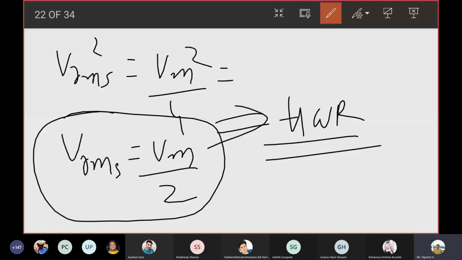So if someone asks you what is the RMS value of a half wave rectifier, you should, without blinking your eyes, tell it is Vm by 2. If they ask how, you should be able to do the derivation, of course. From an examination point of view, by now you should know that no one is going to ask you to derive a half wave rectifier or a full wave rectifier average value or an RMS value in your question paper, because we know that you can directly take from the notes and copy it, right? They're not going to ask you that.